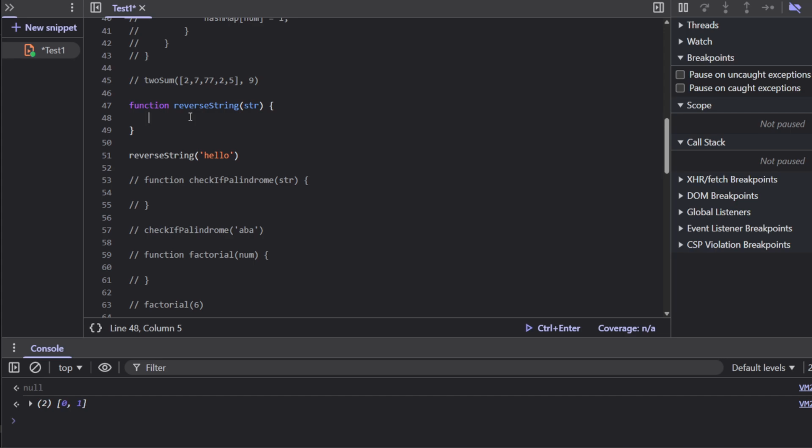You can do this with a for loop also. You can have a const, or you can just say let result is equal to a string, and then you can have a loop, right? And then you can loop from the last to the first, and you can append, and it will give you the result. But